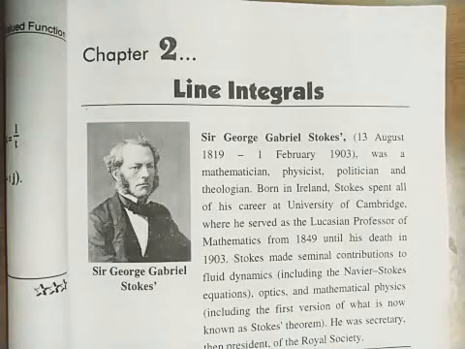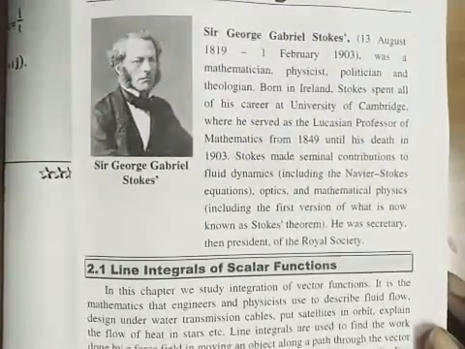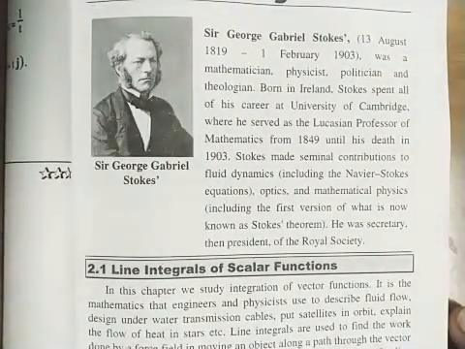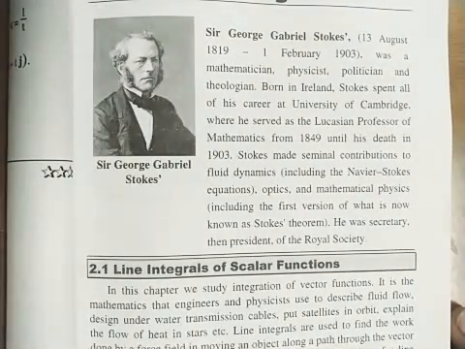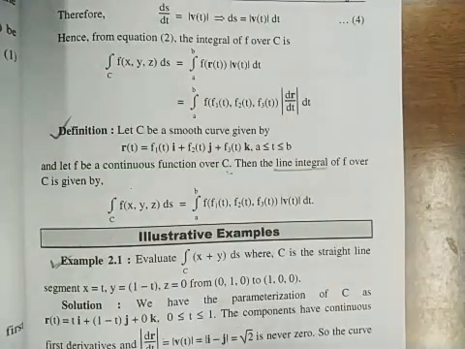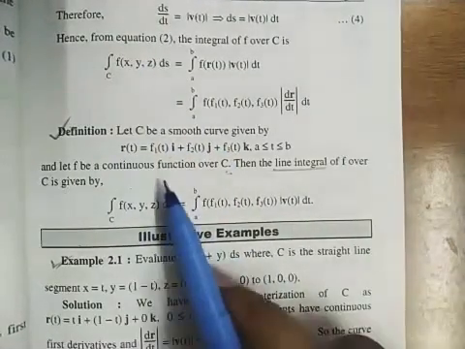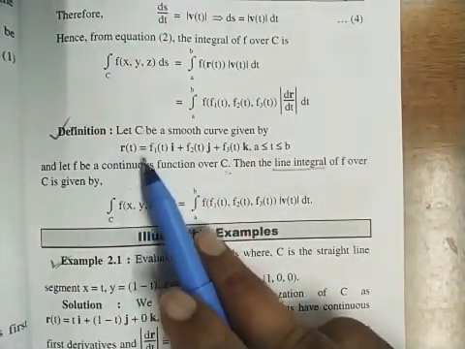Hello students, let's start chapter 2, that is line integrals. So there is a first definition of line integrals of scalar functions. So the definition is: let C be a smooth curve given by r(t) = f1(t) i + f2(t) j + f3(t) k,